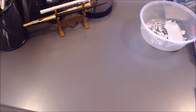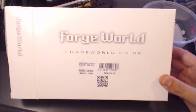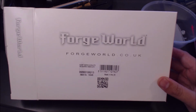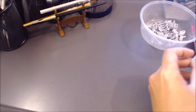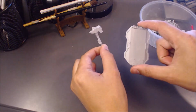So today's going to be part 2 of the baby night project. And this is going to be a little bit of unboxing therapy. So I'm going to bleed the screen out, there we are. This is going to be the host kit that I'm going to be using for the kit bashing over here, and I'm going to be using some bits from Terrell Model Maker, and I'm going to be doing the Thunderhammer Storm Shield build for my